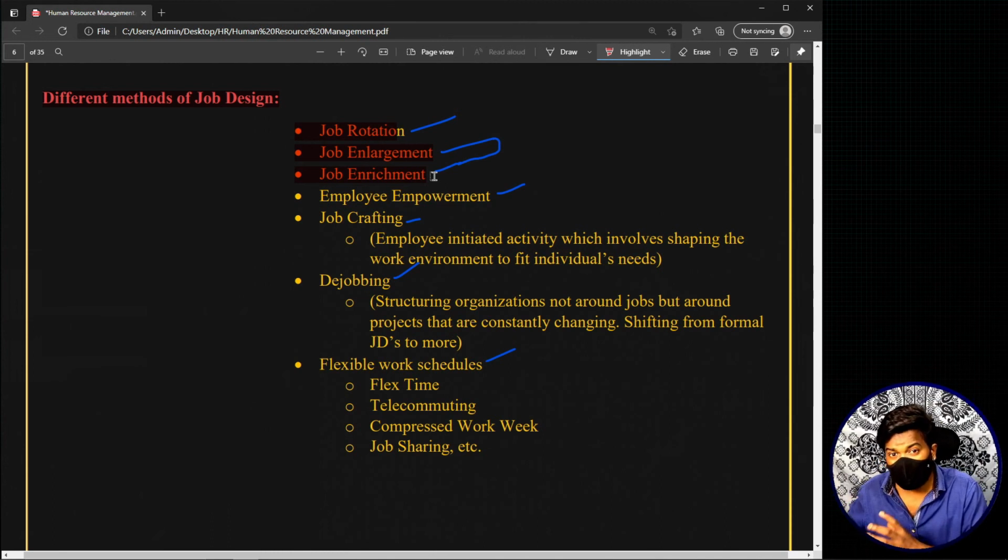Now, moving on to job enrichment. Job enrichment is a concept which has a much wider scope than job enlargement, and this is the general bit. Job enrichment is considered one of the most important qualities for leaders in organizations. Now coming back to job enrichment, what do you mean by it? We have discussed job enlargement, which means enlarging a particular job. Now in job enrichment, you are basically increasing the scope of an entire job.